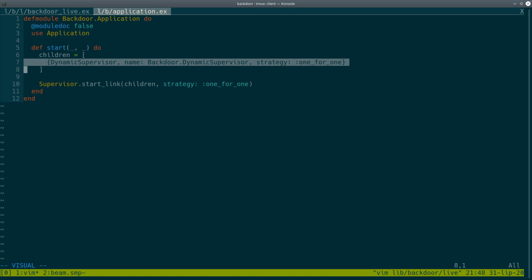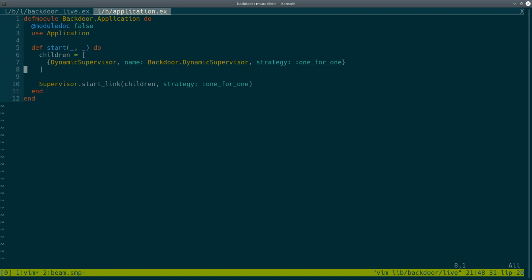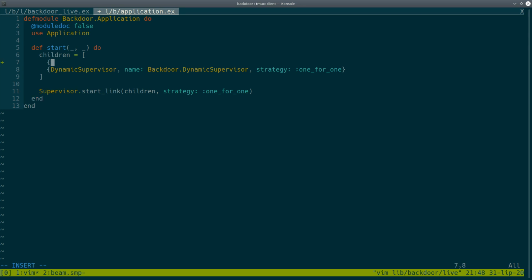And here it even starts this dynamic supervisor, which we don't use now. I'm leaving that in because we probably are going to use it to start multiple sessions. We don't need it for now, but since we're going to use it in the future, I'm leaving it here. What I want to declare here is that we're also going to start a single process for the code executor. In the future, when we have multiple sessions, this is not going to be like that. But for now, it's going to be good enough if we just start one code runner,